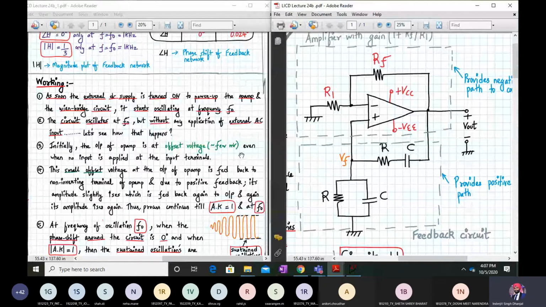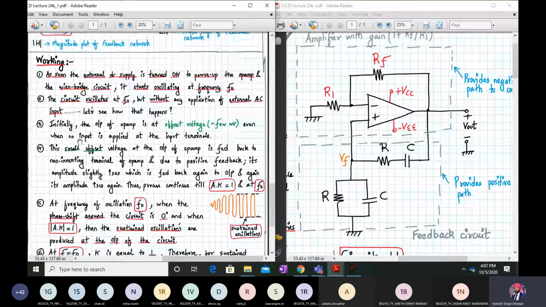You remember the op-amp has pin numbers 1 and 5. We can keep a potentiometer of 10 kilo ohm across pins 1 and 5, and we can adjust this output offset voltage to 0. Right now we would require this output offset voltage to be 0. If you don't apply anything to the op-amp, the output should give you 0 volts, but it is not. So this will act as a trigger.